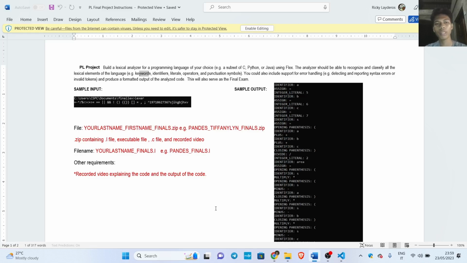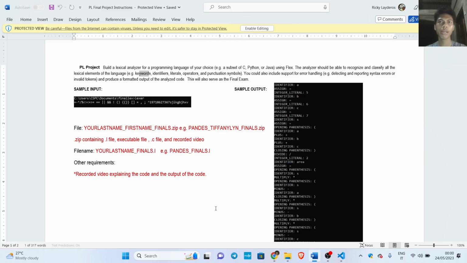So the program will do that kind of job. So again, this programming language project is a lexical analyzer program, which is to recognize, identify, classify the lexical elements of the language,